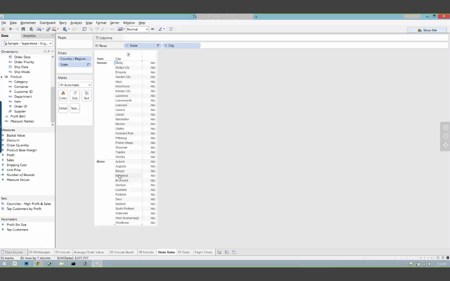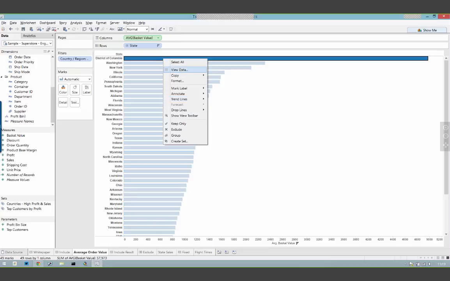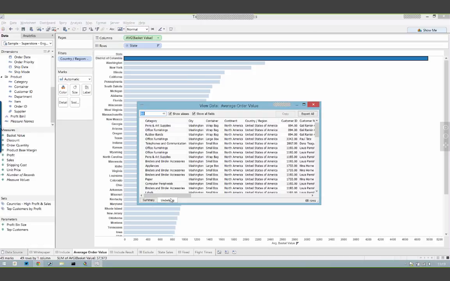Hey Craig, I just wanted to ask if you could show people the granularity of the underlying data, to show how, in that last example with the order ID, the reason we have to use a level of detail expression is because the granularity of the data is not at the order level, but rather at the item level.